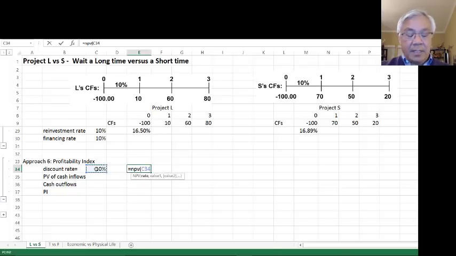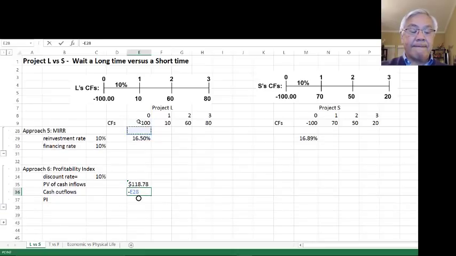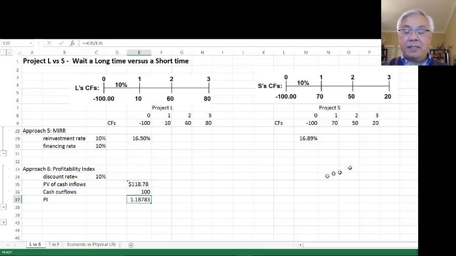So the rate is 10%, comma, and these items here. So that's the present value of cash flows. And then the cash outflow is $100. And so therefore the profitability index is 118.79 divided by that, 1.1879, and we got the same number